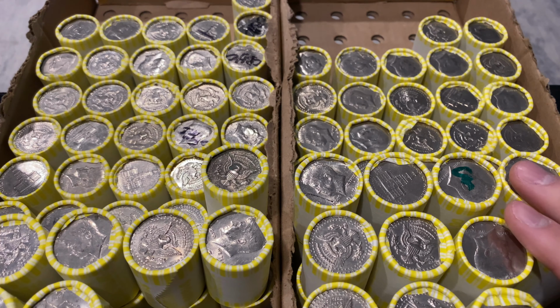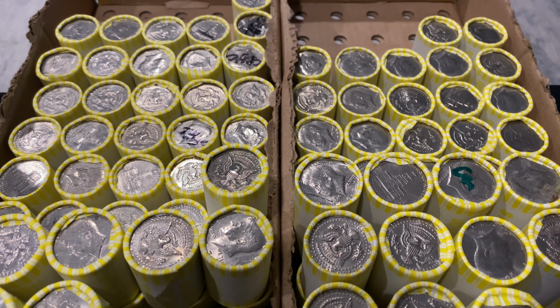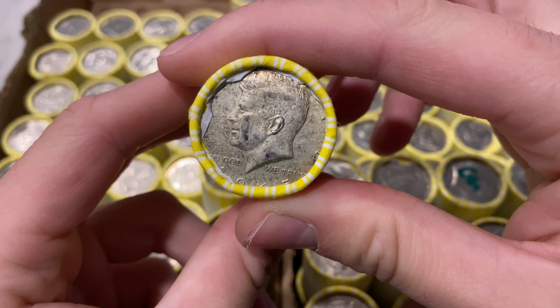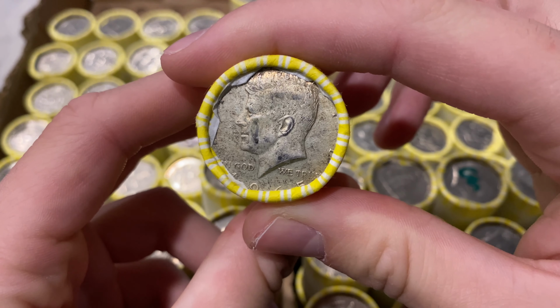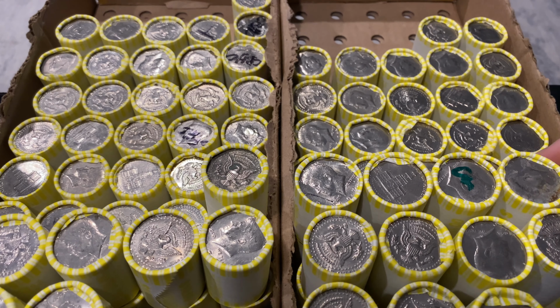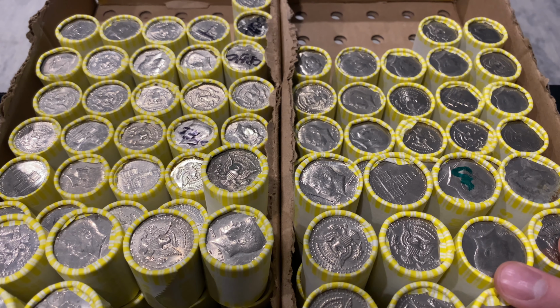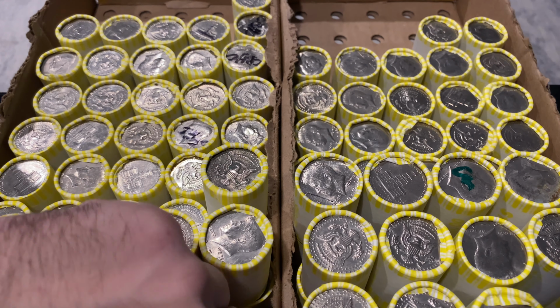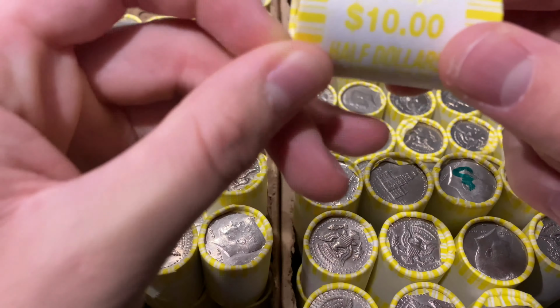And then box number 2, we're gonna have 4 semi-heavy rolls. We're gonna have a silver ender here, 1965. So we'll take that. And then we're gonna have 8 slightly heavy rolls. So we did start off the month of November so far with 1 find. It's gonna be that proof that we found. But now we're gonna have our silver. We have 1 guaranteed silver for sure. So that's awesome. So let's go ahead and crack open the first roll of box number 1 here,